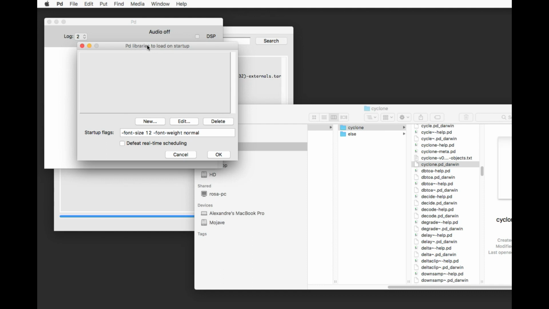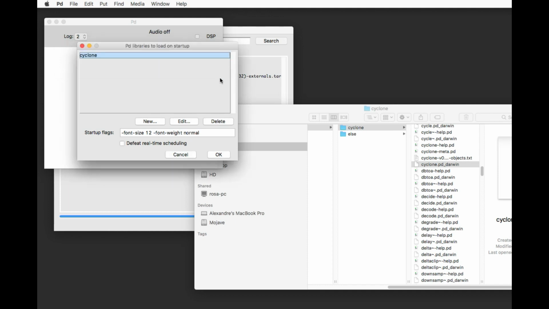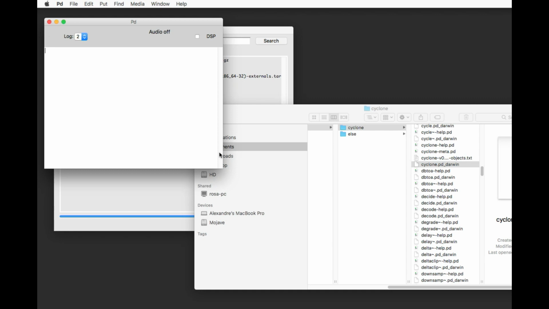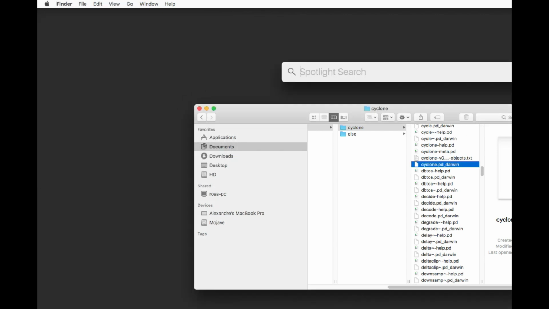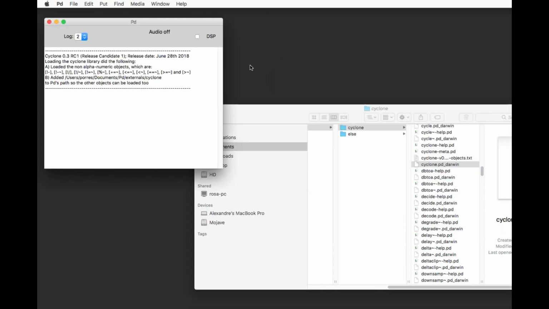So PD libraries to load on startup. So this, what does it do? When you start PD, it will load. Okay, I have to restart PD and we'll show you how it works. And then I'm gonna show you how to use declare. Okay,